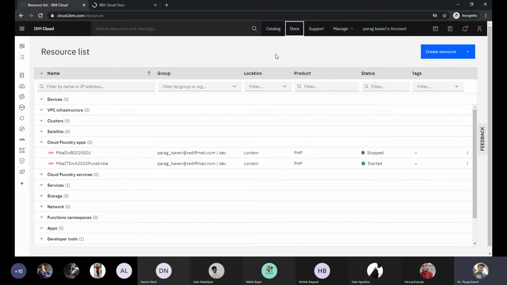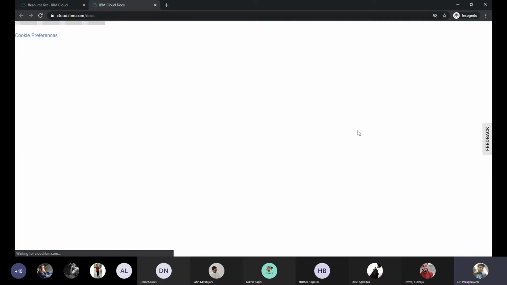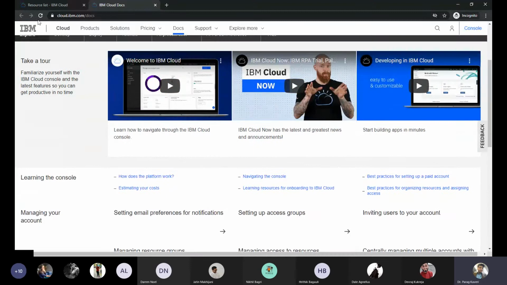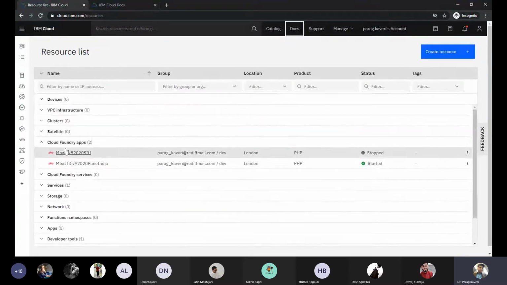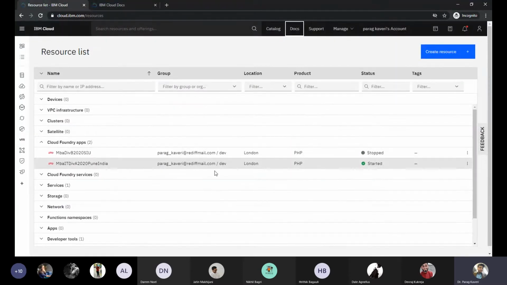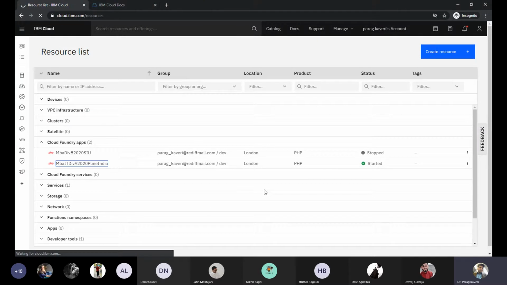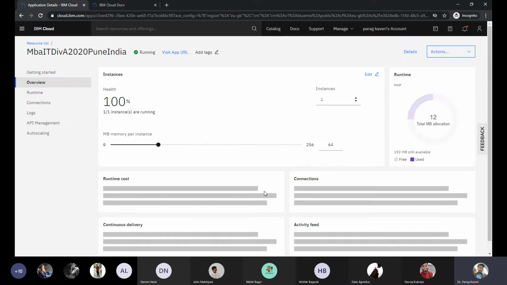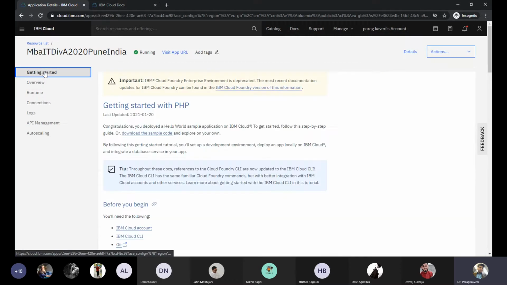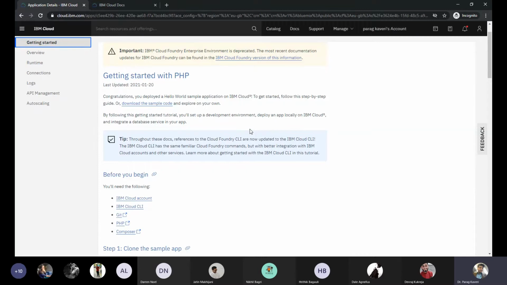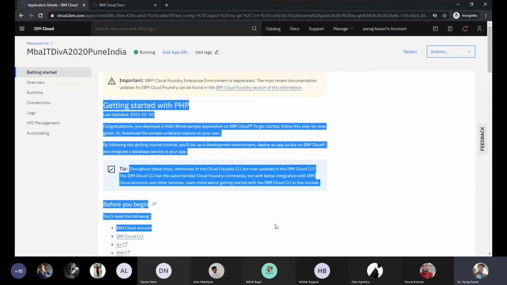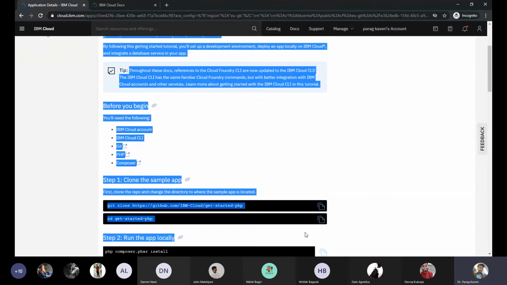So here there is a doc link also where you can look for various documents if you have any questions in terms of deployment or anything like that. So what are Cloud Foundry apps and what are the apps that we are going to see? So we are considering this example. So you have to go to this particular page. This page has the major information with respect to configuring Cloud Foundry.